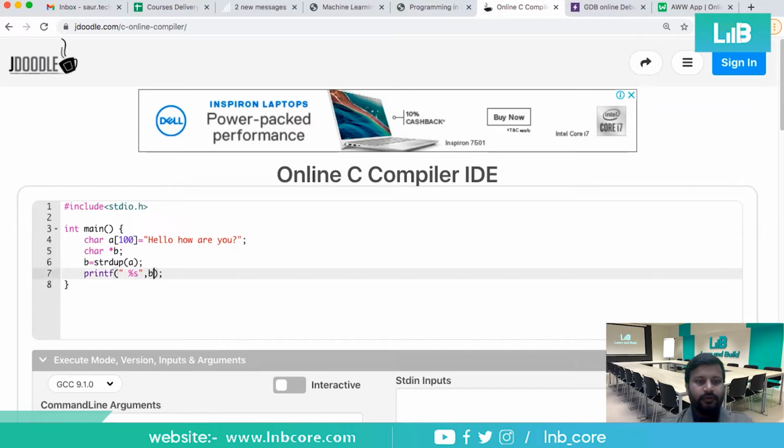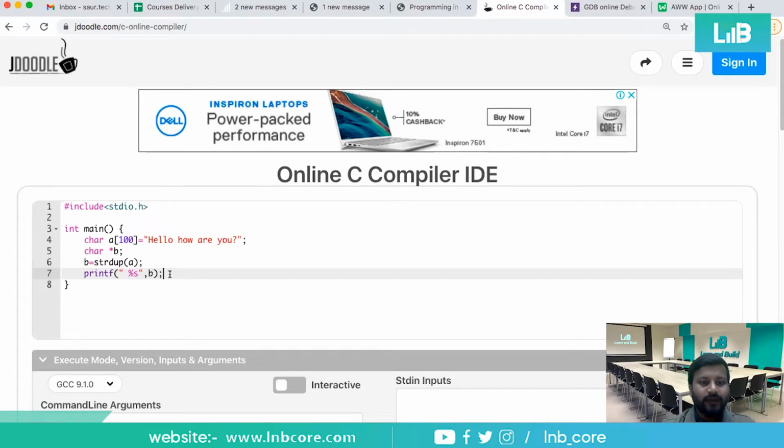If b is printed, then you will get the entire data in this variable.